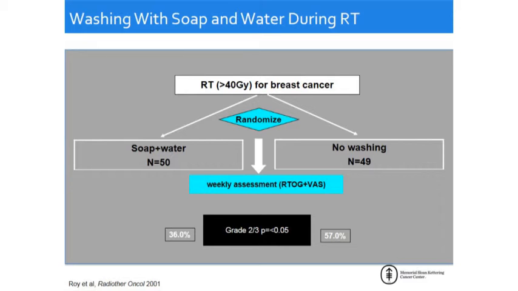patients were assessed weekly. As you can see here, grade 2 or 3 radiation dermatitis was significantly reduced from 57% in the control arm to 36% in the axilla and chest that were able to be washed. So many patients were happy that they were now able to wash their body during the 5 or 6 weeks of radiation. Another study that has been published is with the use of Aquaphor, which is a topical heavy ointment